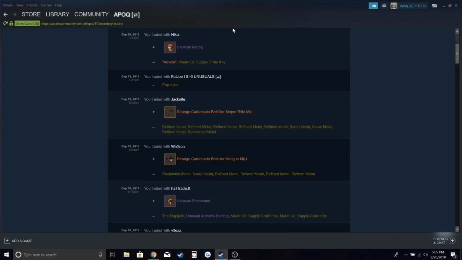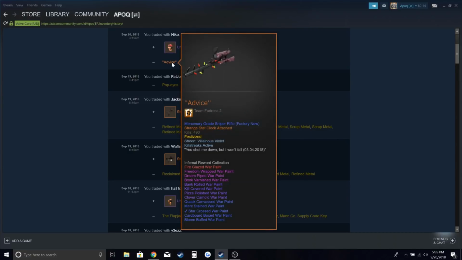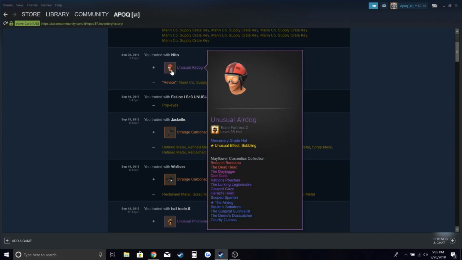Alright, so I did 2 pretty interesting trades while I wasn't on TF2, I was at school actually. Well, this first trade was a trade offer I sent overnight. So here I traded my sniper rifle. This is a strange specialized killstreak factory new star-crossed sniper rifle. It's also festivized if I didn't say that already. But yeah, this thing is pretty cool. And I traded it and a key for a bubbling air dog,